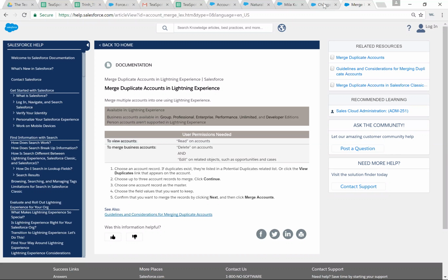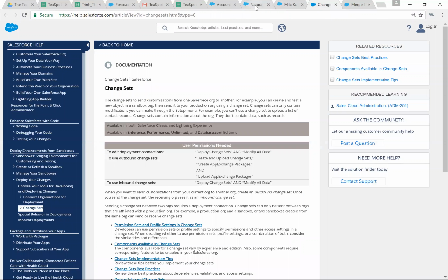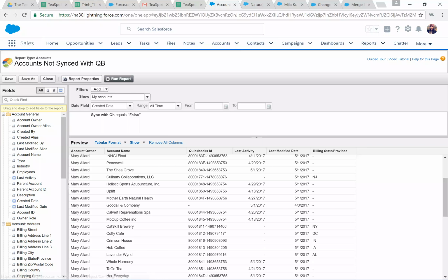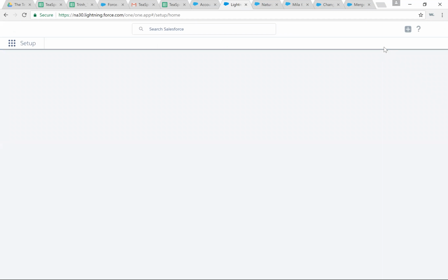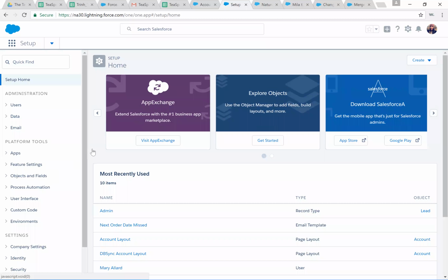Hey, Gav, can you create a sandbox from this? Do we have any more sandbox licenses or no? Now that I'm logged in, I can check it out. Barbara, do you know how to navigate to that from Lightning? We can go from Classic, if we can create a sandbox out of her existing production org. I haven't done it in Lightning, but